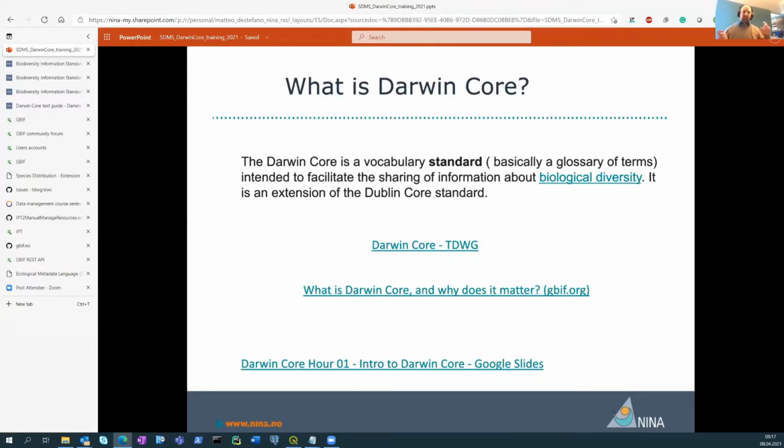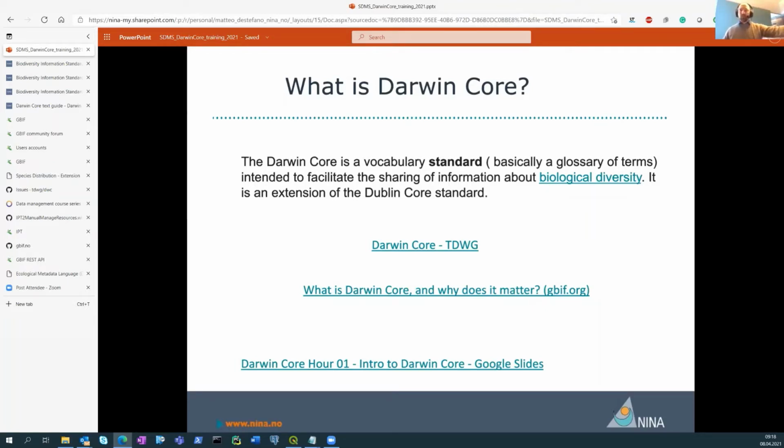So for me, I took a little time to understand that it is not about metadata, or not only. So formally, you can also consider this a metadata standard because it is derived by the Dublin Core. And also, this is why the name Darwin Core